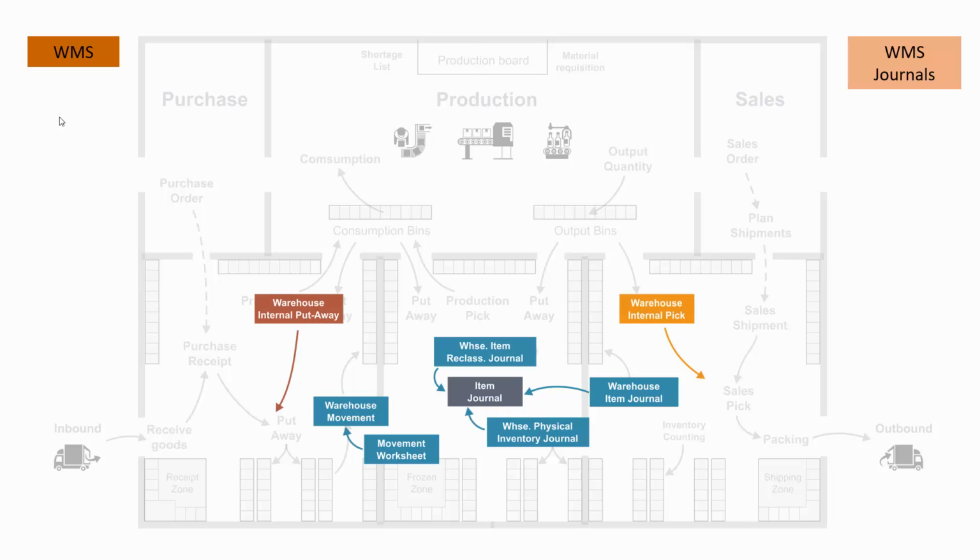And then we also have a warehouse internal pick and a warehouse internal put-away, which are documents to create picks and put-aways we can use in the warehouse without a source document. So it's possible to manually create pick and put-away documents we can use. Those are all documents for handling our four main internal warehouse processes.